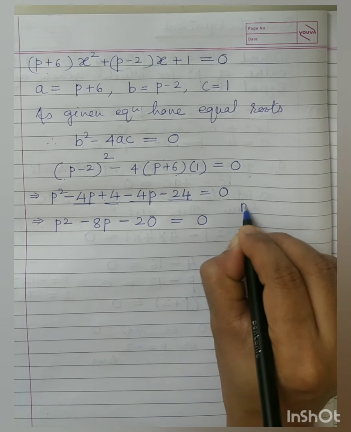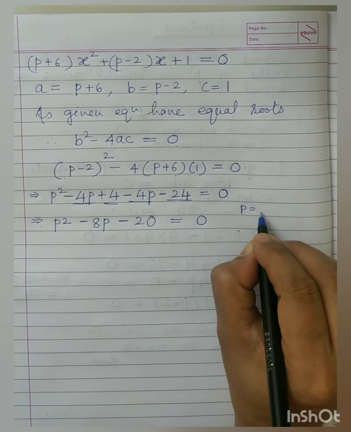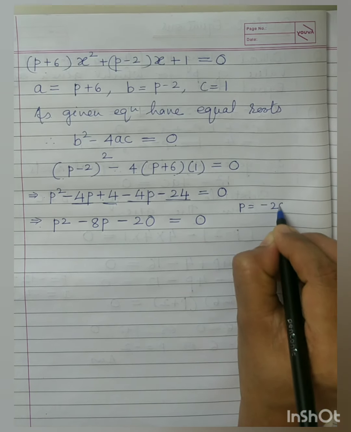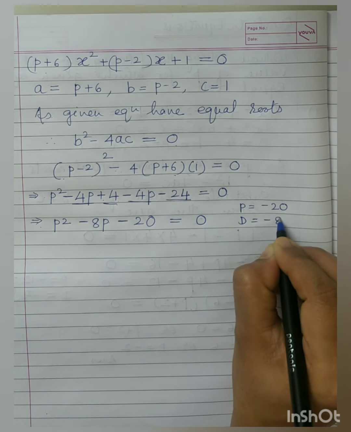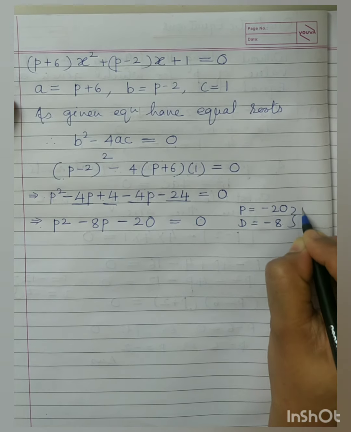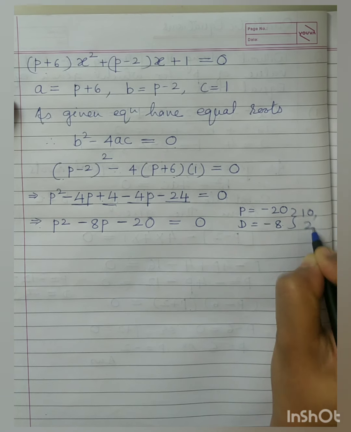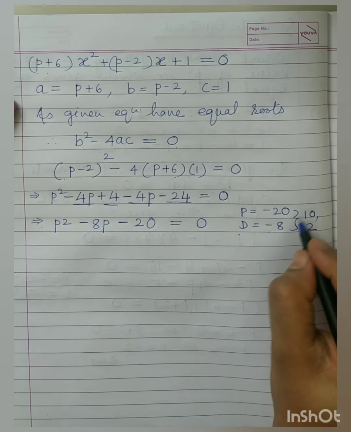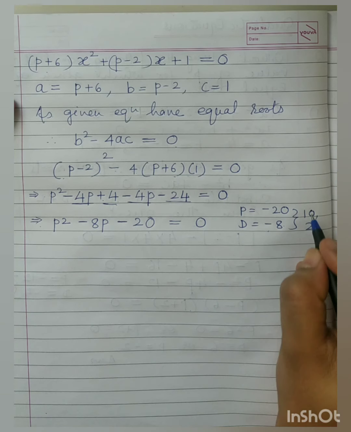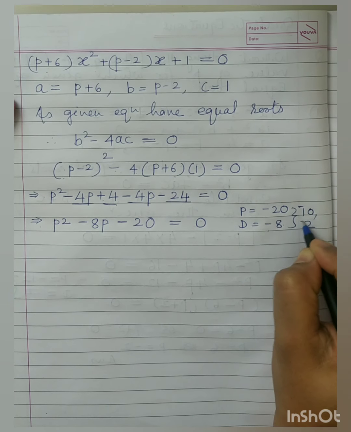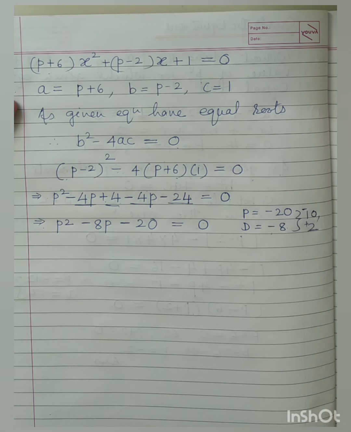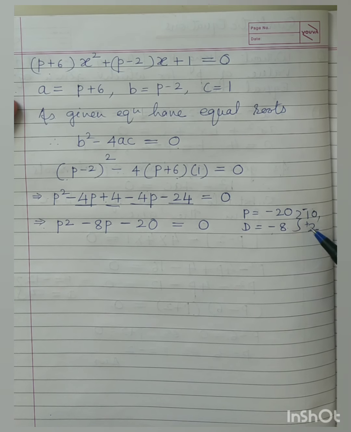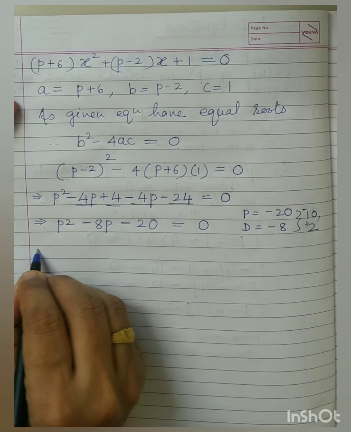So what is the product here? No coefficient of P square, so minus 20. What is the difference? Minus 8, right? Numbers are simple. What are they? 10 and 2. Which 10? Sign of the difference is what here? Minus. So the greater number is minus, the smaller number is plus. Check again. Minus 10 twos are minus 20. Minus 10 plus 2 is minus 8.